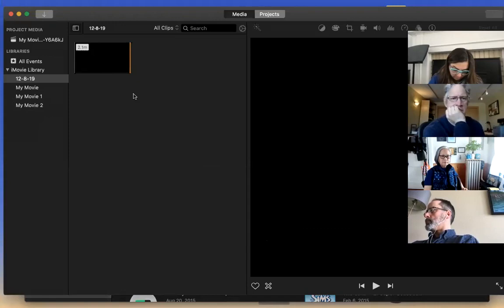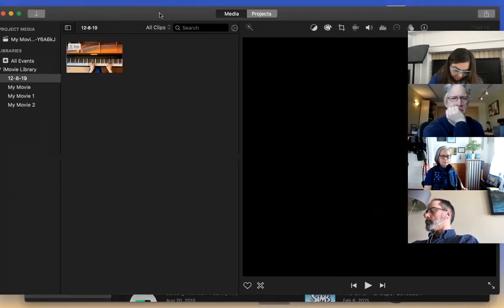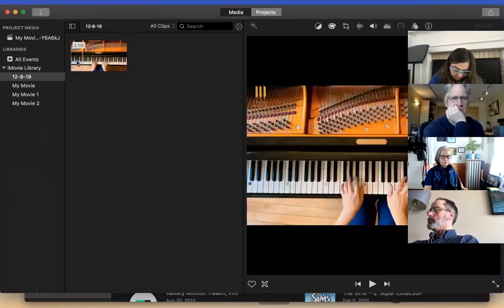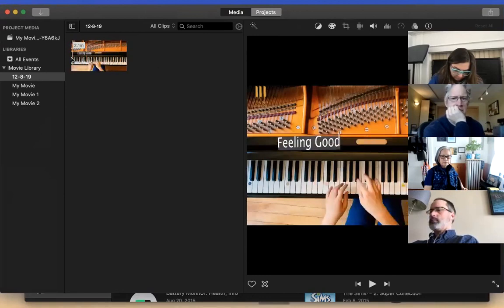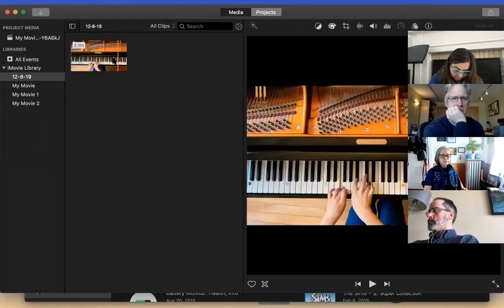And like I said, iMovie has now looked at the file and read the file and knows what it is. Now you can do basic functions with it, like hover over it and scrub. Scrubbing is just looking at certain points of the video.